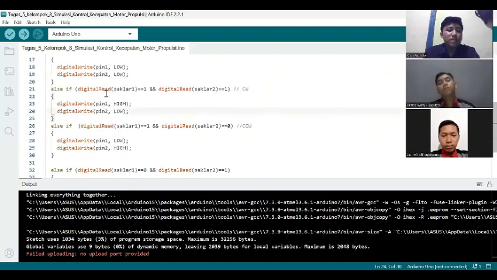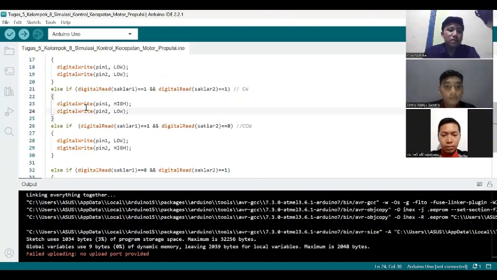Else if digital read saklar 1 output is 1 and digital read saklar 2 output is high, then CW.